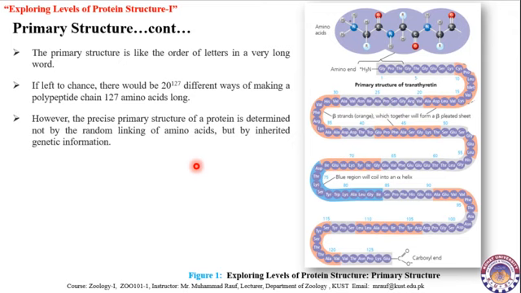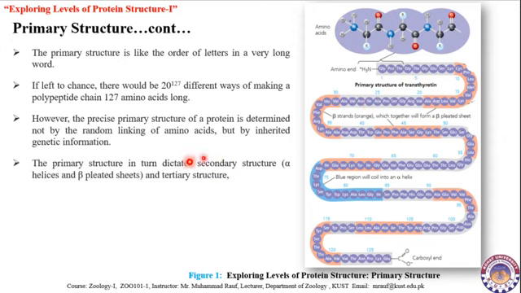The amino acids don't arrange by chance in such a way. The instructions for this precise arrangement are stored in DNA. The primary structure in turn dictates secondary structure and tertiary structure. Now the primary structure is the first level, and thereafter in secondary structure the